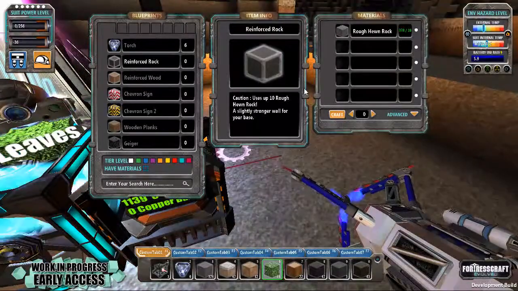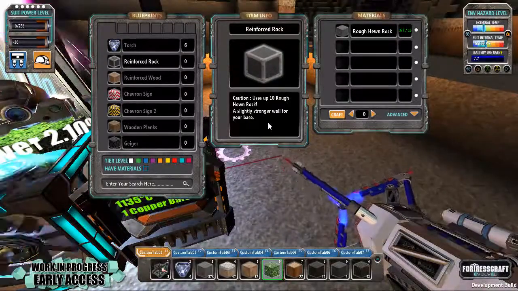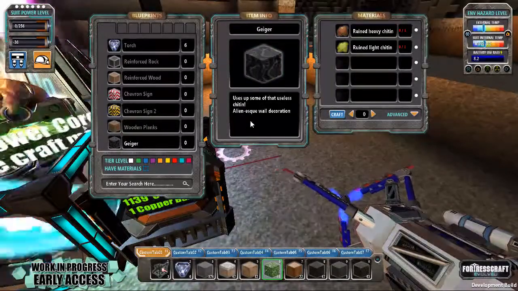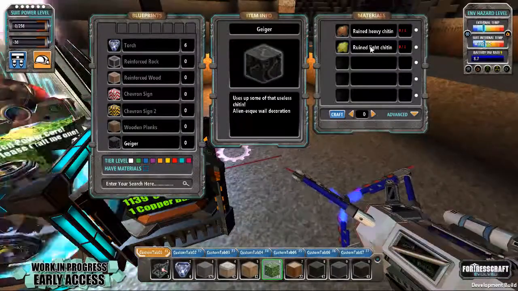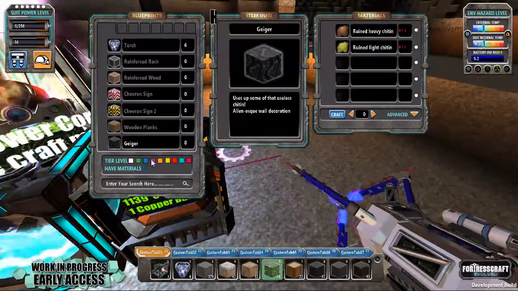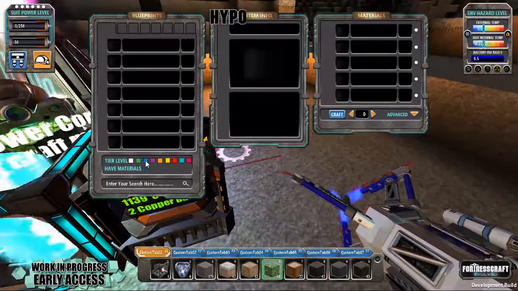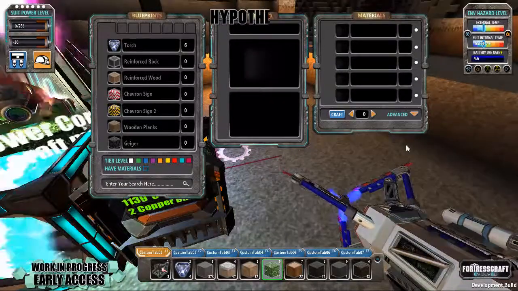We could make reinforced rock, rough-hewn, slightly stronger walls for your base. You can make wooden planks. Useless alien-esque wall decorations. Nice. And this you get from actually killing aliens when the aliens show up. So, what I'm not seeing, however... Oh, I guess we won't actually get that